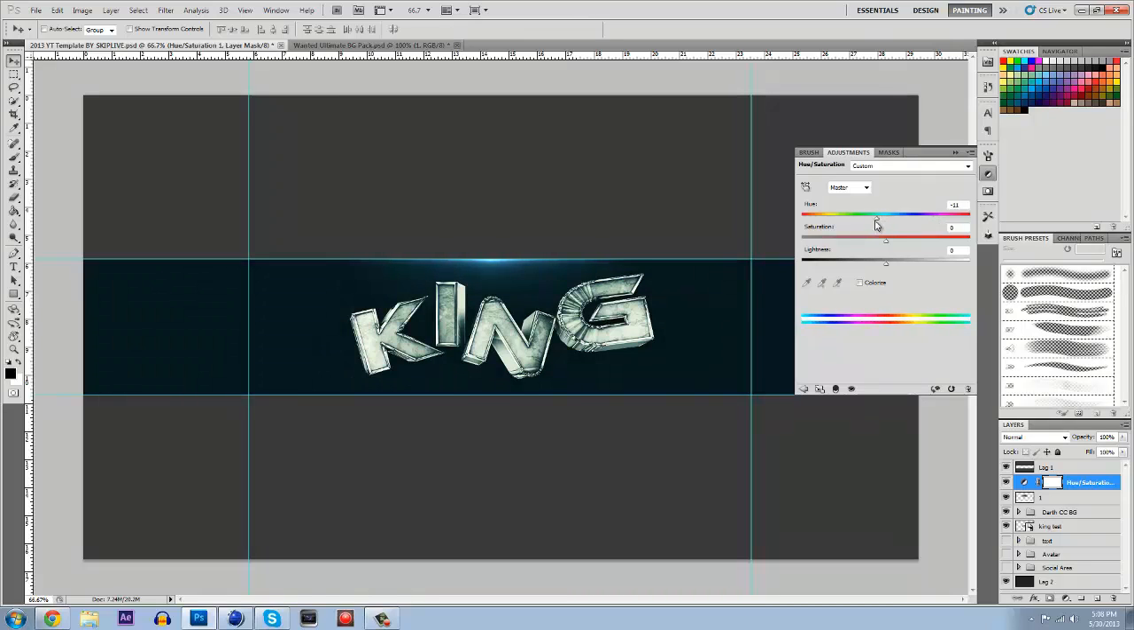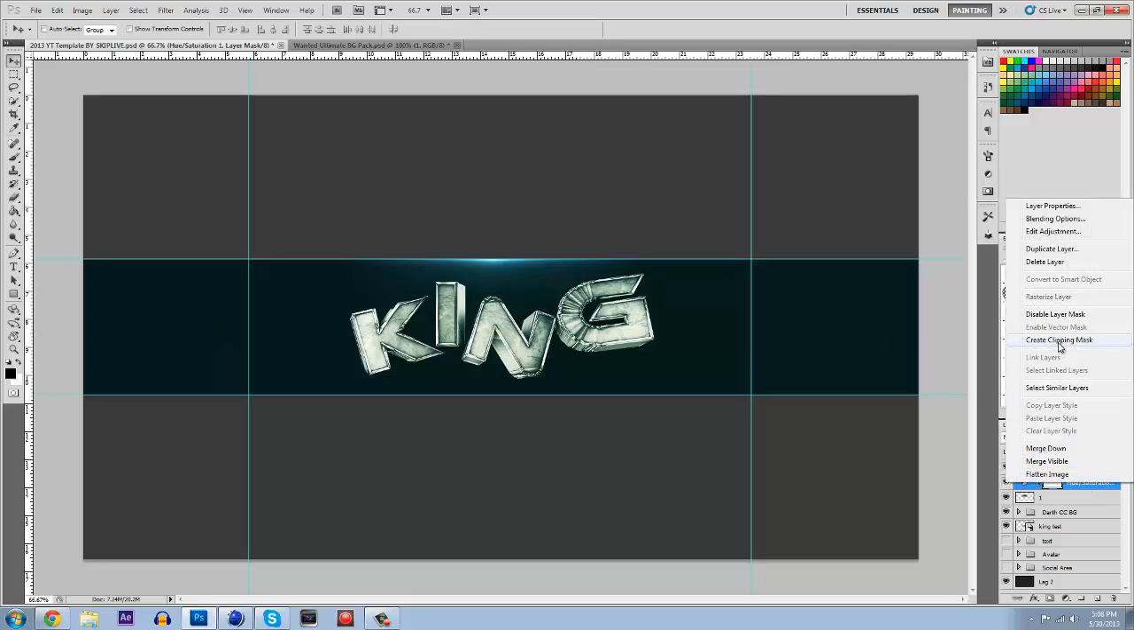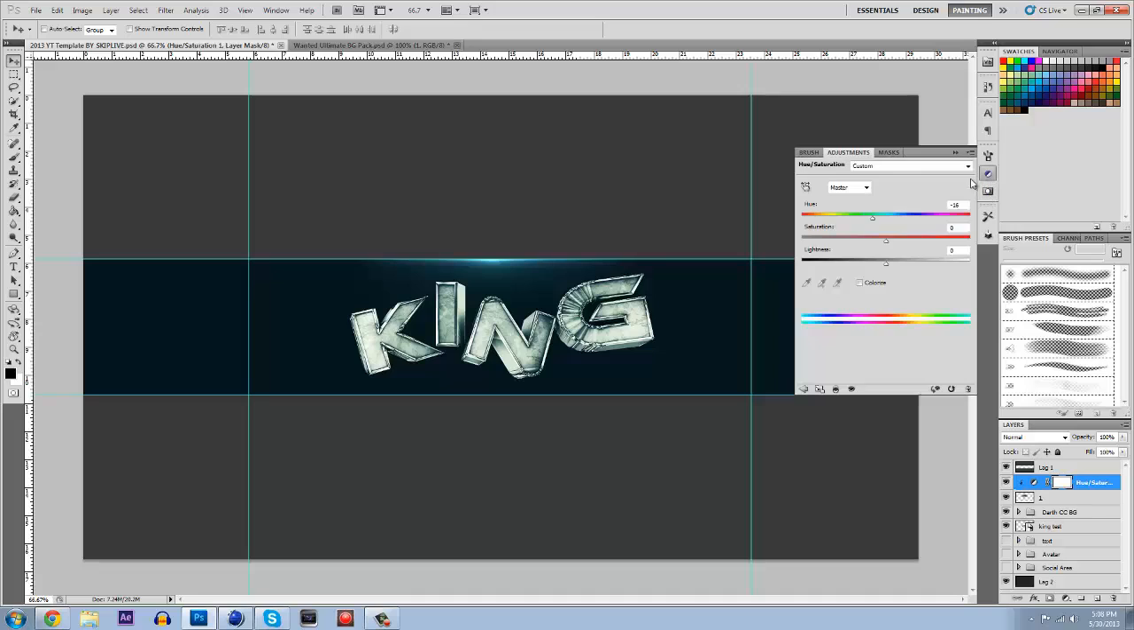and kind of make it around the same color as the text. And you can see what this hue and saturation thing did is it changed like the color of everything. So what you want to do is right click and go to create clipping mask right under the flare, so that way it only affects the flare. And now you can kind of see it a little better and change it up a little bit more. I'm just gonna make it like that,